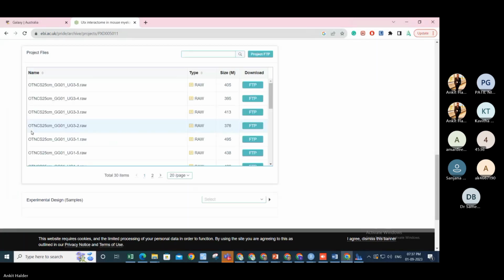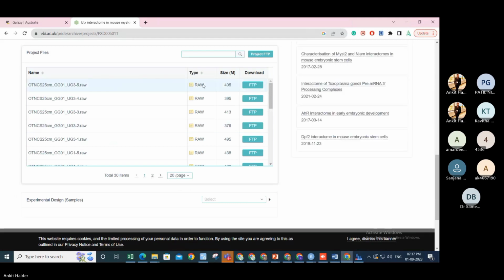So here you can see, this is the raw files. If you just download these raw files, you can get all those raw files, and from the paper and the metadata you can find out which sample belongs to what. Whatever they have said in the paper, you can first try it out in your own method to find out how reproducible it is, whether your pipeline is giving the same result as the published data, that is, whether your pipeline is working fine. Second, different types of analysis and analysis methods you can try there. So this is how